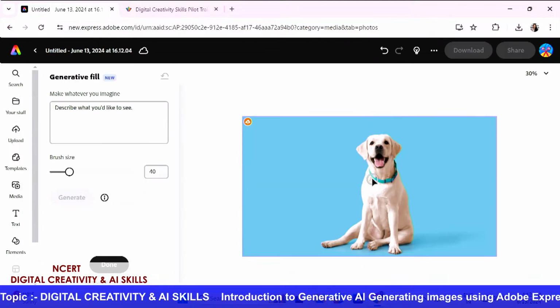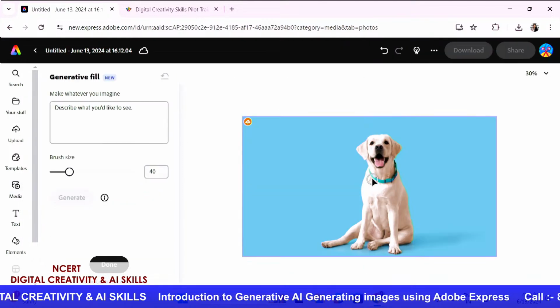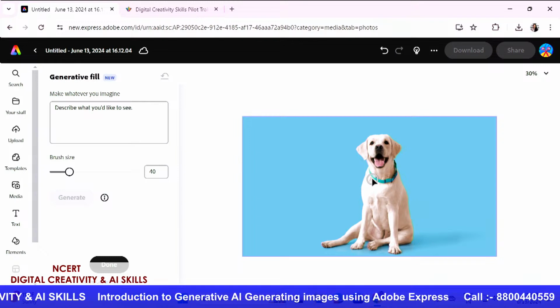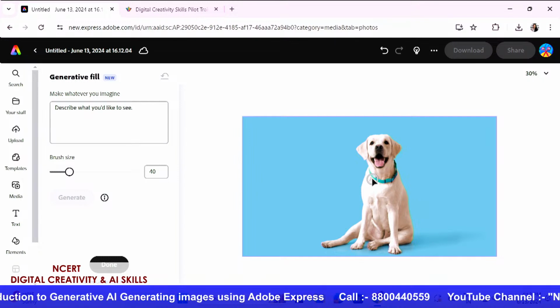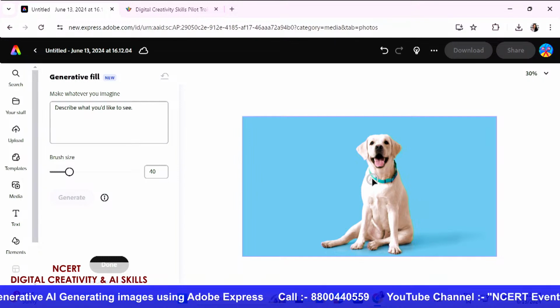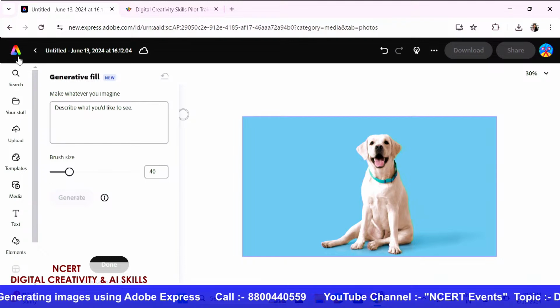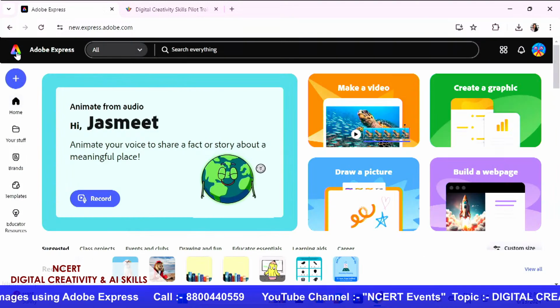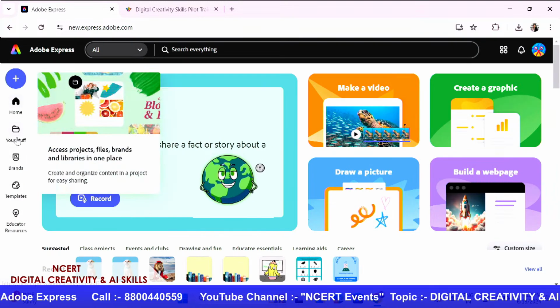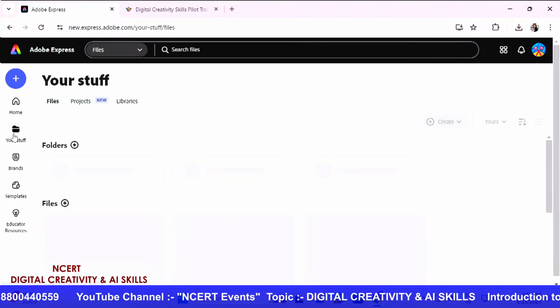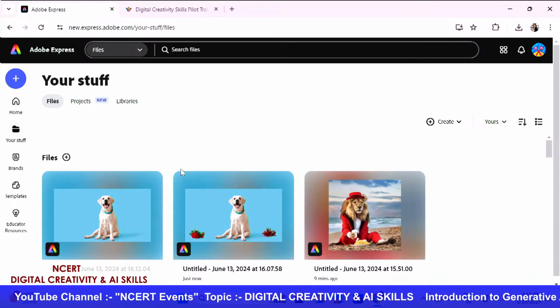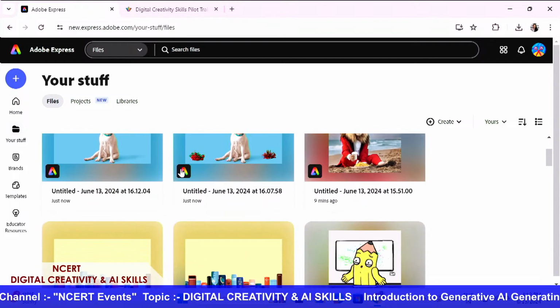Another thing for you all, you could upload, of course, your own images as well. But let's say you're already working inside a template or maybe a worksheet or a presentation. So I'm going to open up one of those as well from your stuff. Remember the last time I was telling you all that we could click on your stuff so that we can see everything that we have created since the beginning of time.